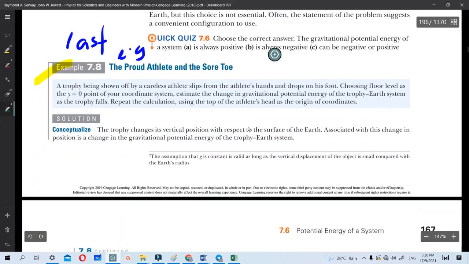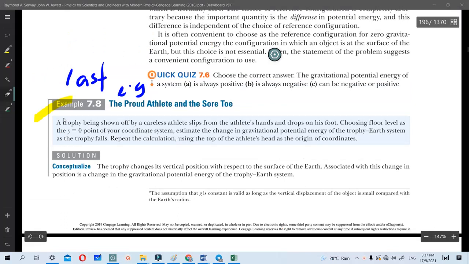Alright, let's look at this example. Let's look at example 7.8, which is supposed to be the last example coming from the textbook, but there is one more example to be covered in the additional example. This is the case where all numbers given in this question are an approximation. So don't worry, during the exam we will give proper numbers. This is a case whereby a trophy being shown off by a careless athlete then slips and